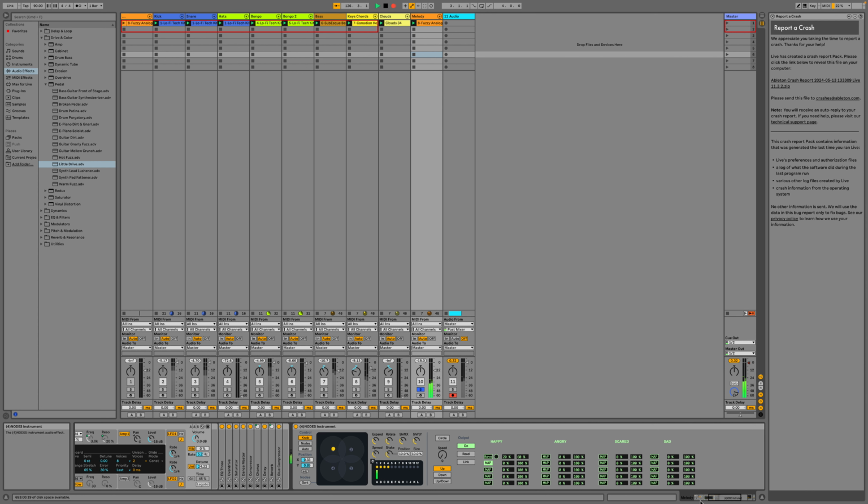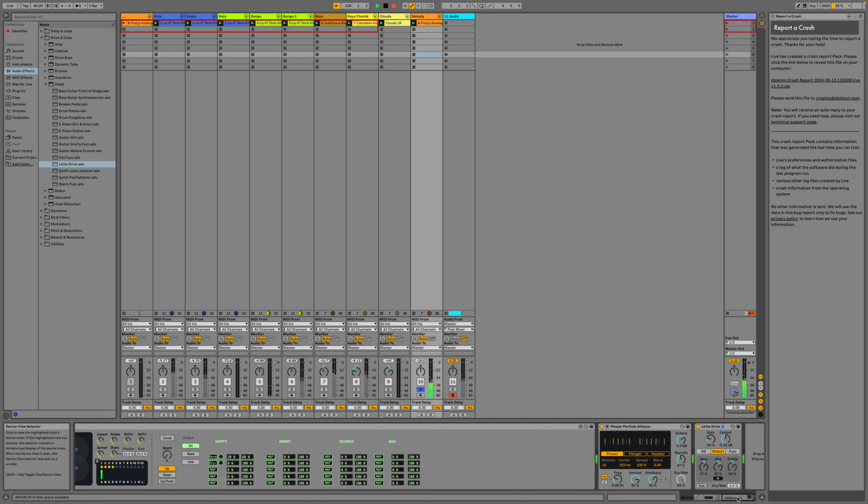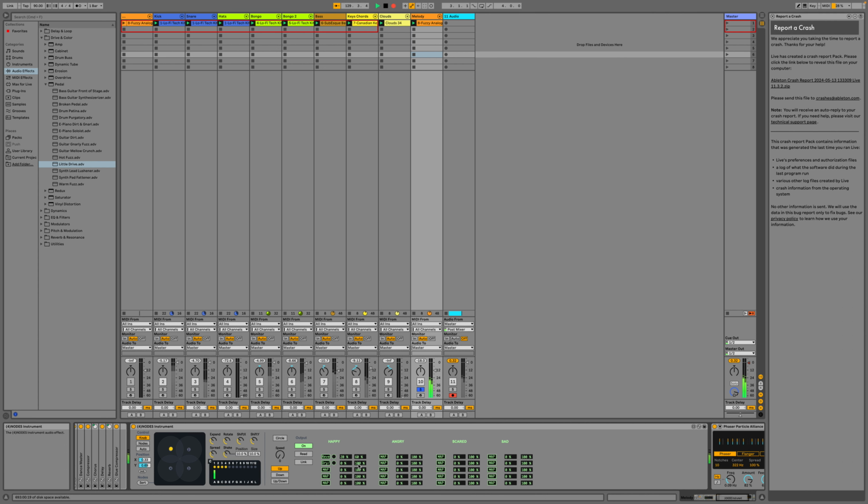Let's map another function to this phaser level. Let's just reduce that a little bit, more subtle. Cool. Outside of the circle and inside. Okay. So now that we've done that,